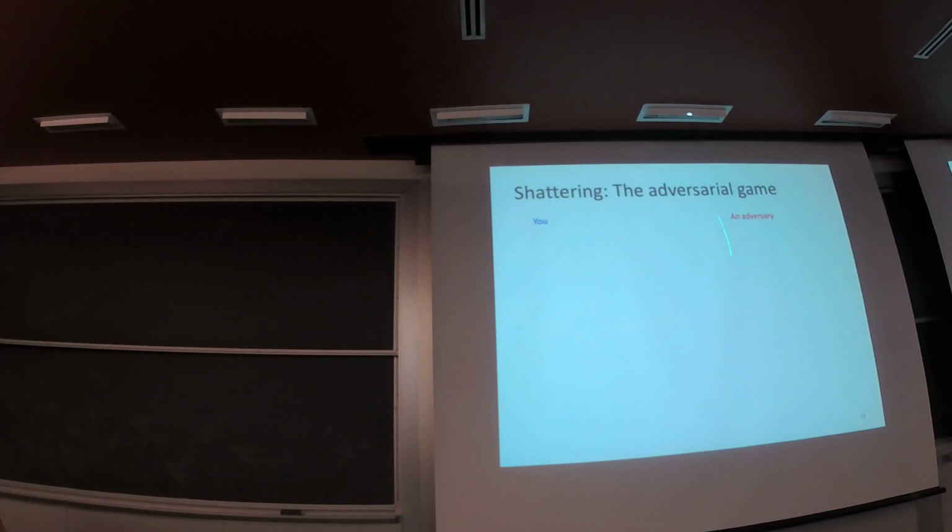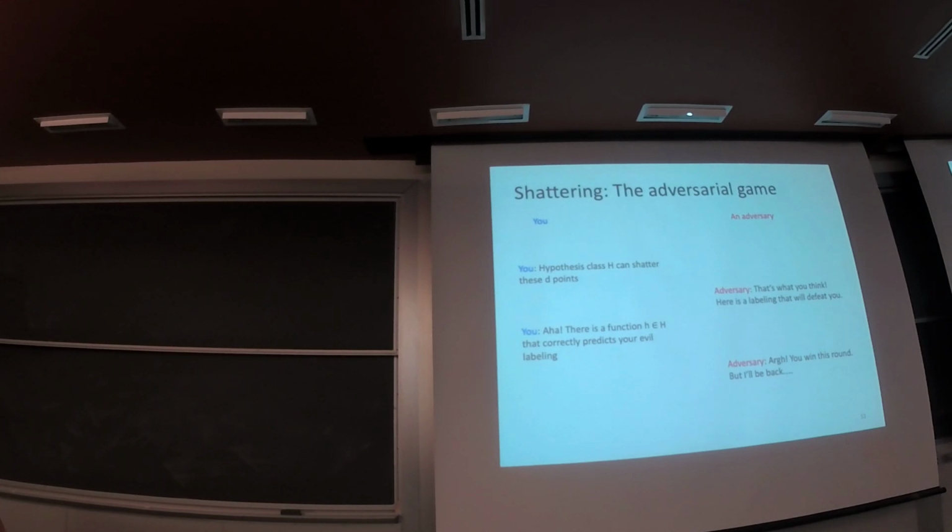So basically, doing shattering is like an adversary game. You want to claim that your hypothesis space is expressive enough such that it can shatter whatever D points, right? And then there is an adversary who wants to beat you, and they provide some hard, evil labeling to you. And then your job is to find a function in your hypothesis space that can correctly predict this evil labeling. And then the adversary will try to find an even harder labeling and throw it back to you. And you do it back and forth and forth.